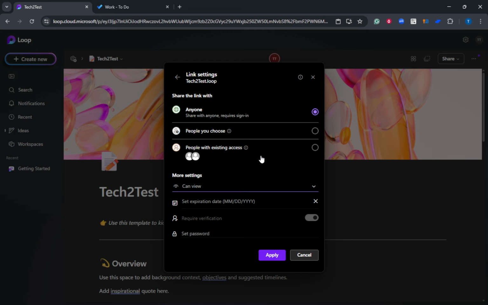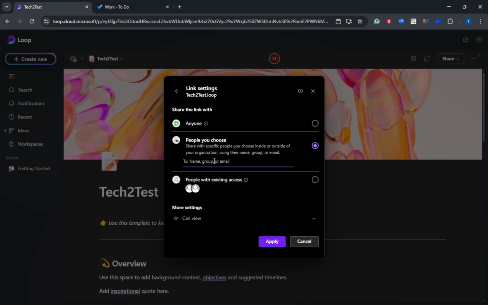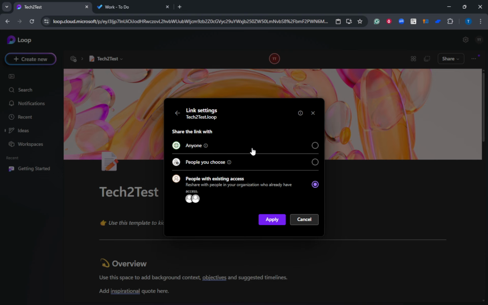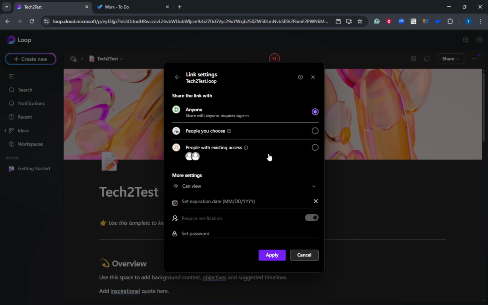You can also choose who the view-only link applies to. If you want the most control, pick specific people and enter the intended recipients so only they can open it. If you're sharing broadly inside your company, select people in your organization. And if your administrator allows it, you can choose anyone with the link for easy external viewing. Keep in mind that your organization's policies may limit some options, so choose what aligns with your needs and what's